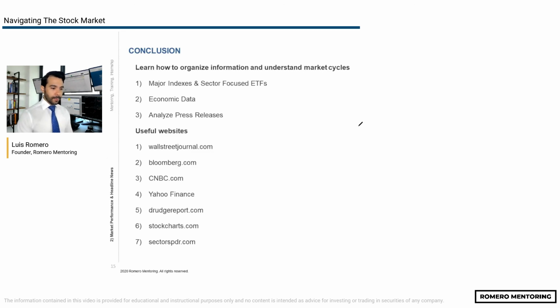In terms of conclusion, learn how to organize information and understand market cycles. Okay, number one, major indices and sector-focused funds like ETFs, like I shared with you in the previous slides. The S&P 500, the SPYs, the NASDAQ, the Qs, and the Dow Jones Industrial Average, the Diamonds, ticker DIA. And then don't forget to look at the sector spiders ETFs that reflect the performance of every sector within the